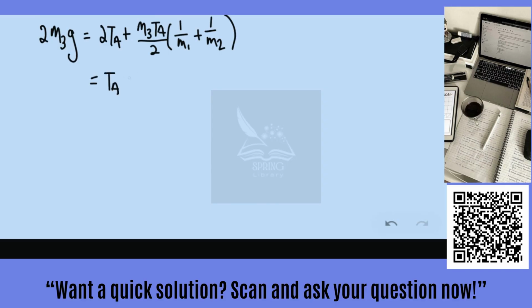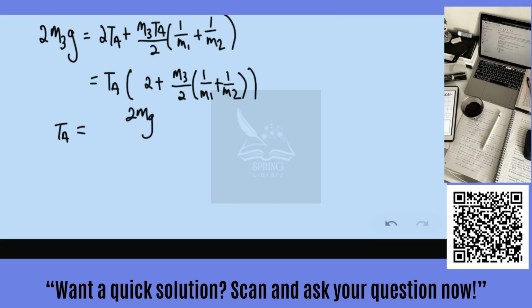Factorize out TA. And finally we can get TA to be equal to m3